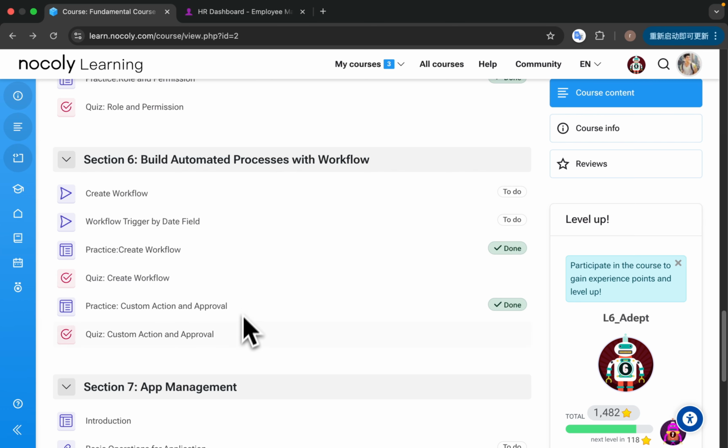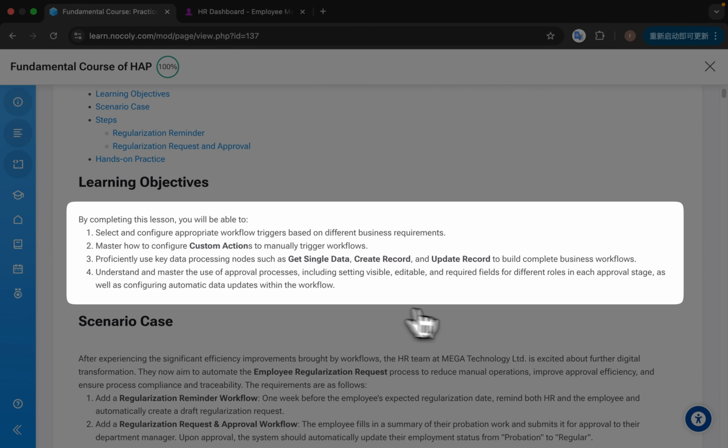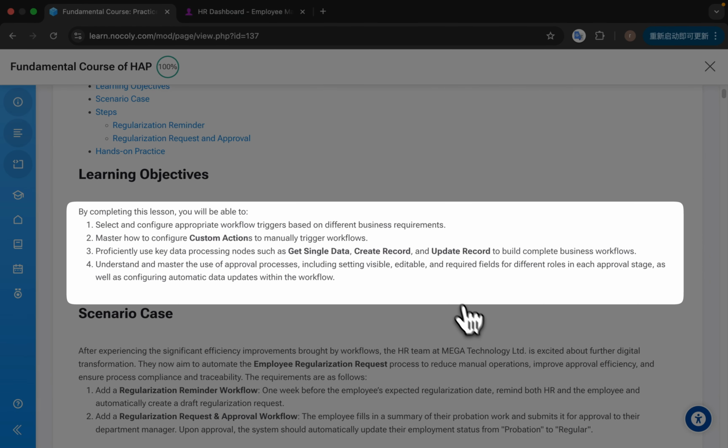In this video, we will introduce custom action and approval. We will learn how to select and configure appropriate workflow triggers based on different business requirements. At the same time, we will master how to configure custom actions to manually trigger workflows. We will proficiently use key data processing nodes such as get single data, create record, and update record to build